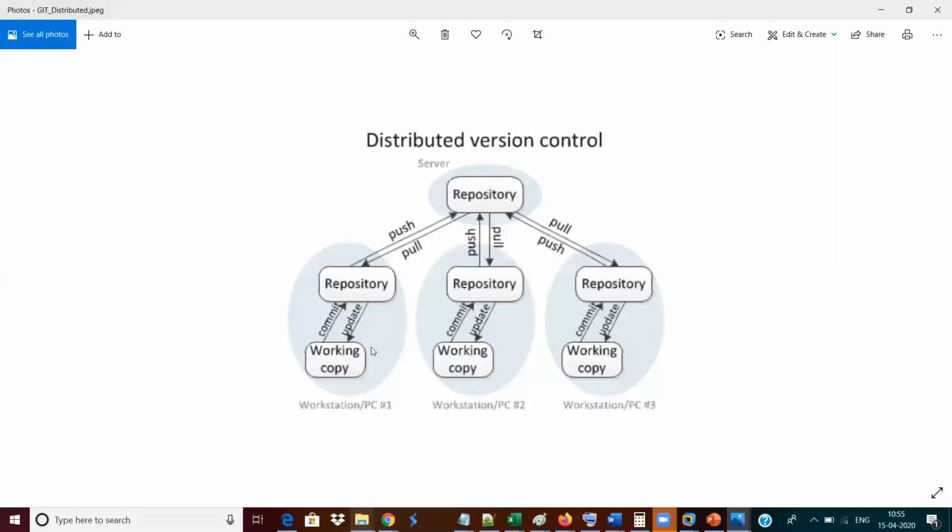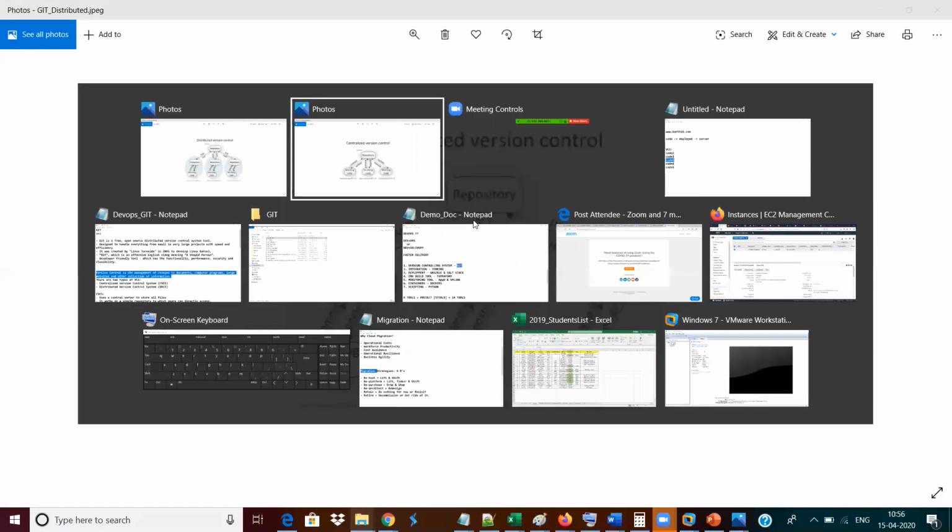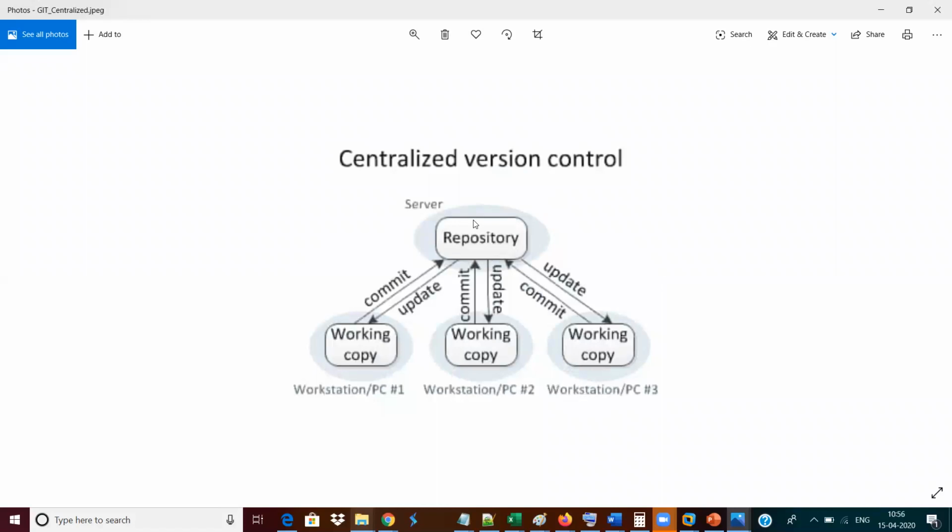So in this system, you will have a working copy. In the same system itself, you are going to have one repository so that you can instantly save all your items. At the day end, you save it once directly here. That is what is called a distributed version controlling system. Rather than in your centralized version controlling system, where whenever you save something, all these saved components will be directly saved into your centralized repository.